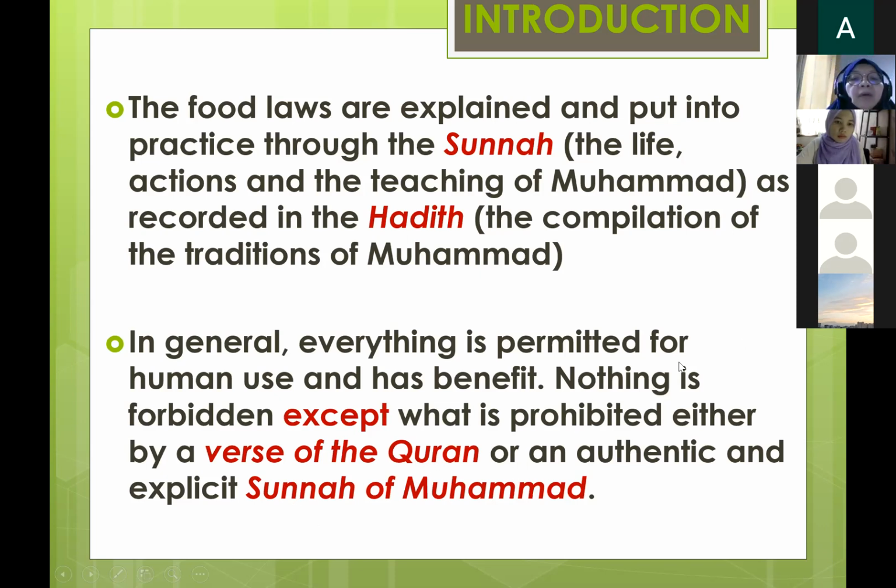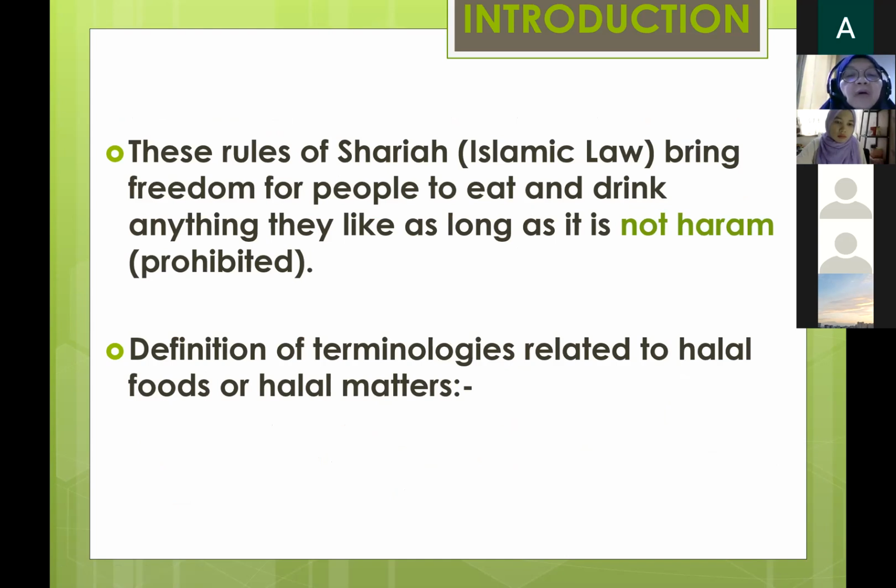Okay. Right. Then these rules of Sharia, or you call it Islamic law, bring freedom for people to eat, to drink, or to do anything they like as long as it is not haram. So haram means prohibited. But the most suitable word here I will use is halal, lawful, but haram, prohibited. So if I use the word halal and haram, you know what it means. Haram is the opposite of halal. So now I want to define the terminologies related to halal food and halal method. Before that, I would like to tell you that